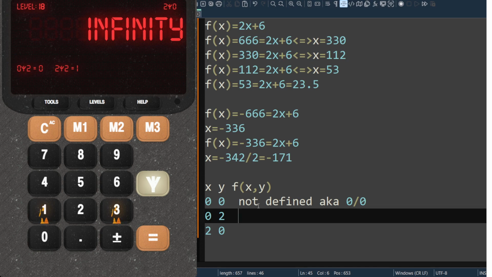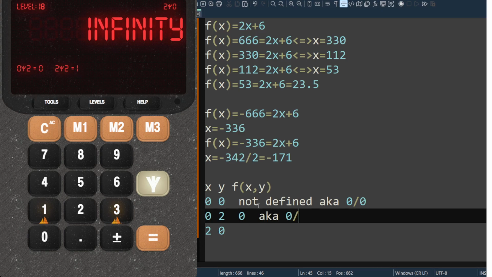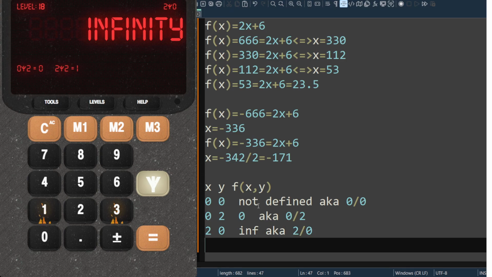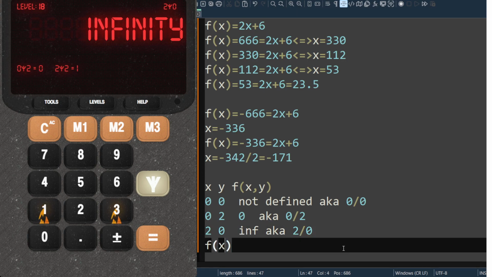So 0, 2 is 0, aka 0 divided by 2, and 2, 0 is infinity, aka 2 divided by 0. So the logical conclusion should be me checking whether the recording's still working, because it's been a while, and the function should be f of x, y equals